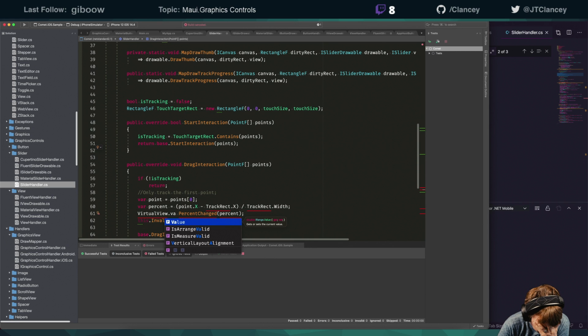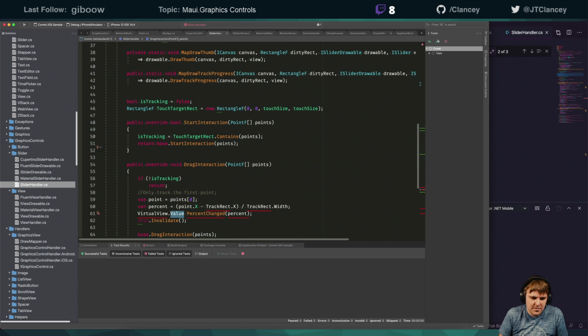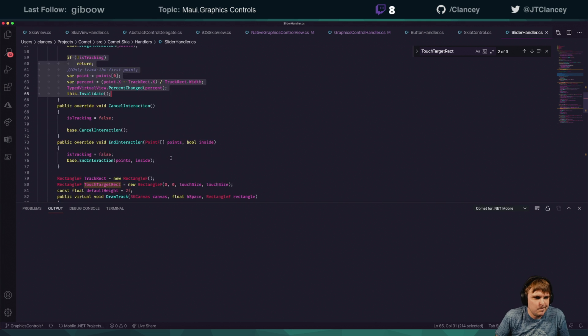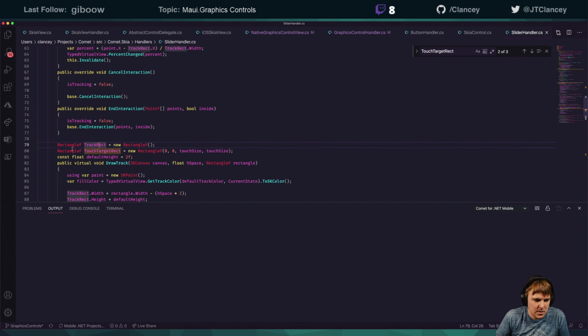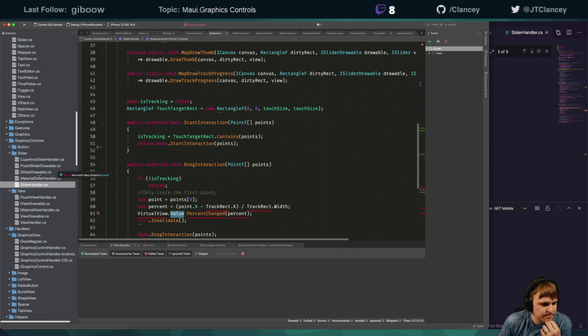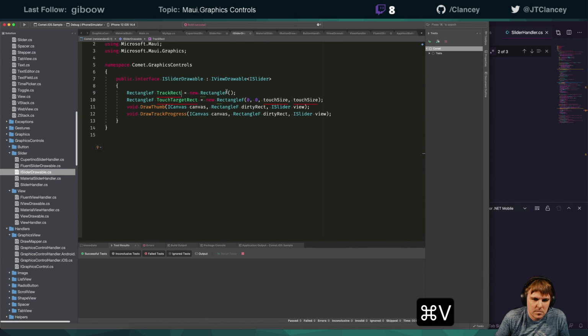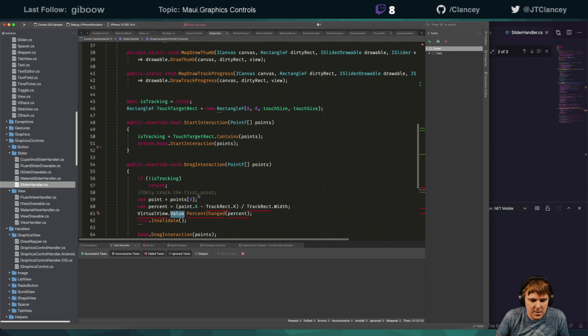Their stuff is different because it has the range. So we have the percent, right? All right. So we're going to need to put these two. We're going to put on the iSlider drawable. All right, so we'll put those there. So now on the slider handler,